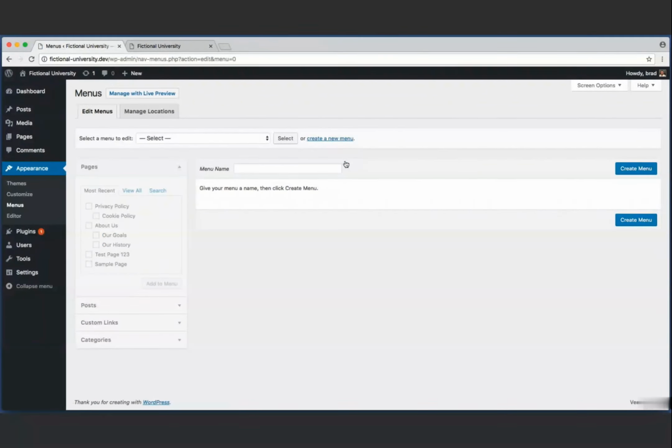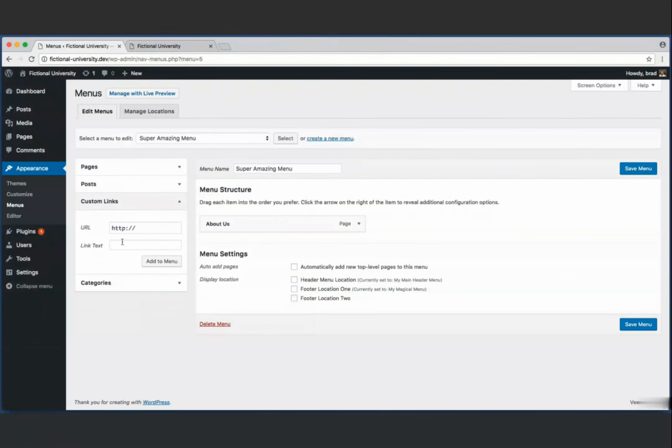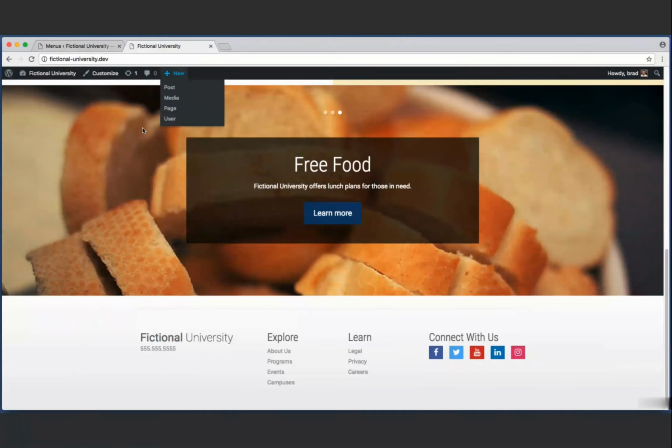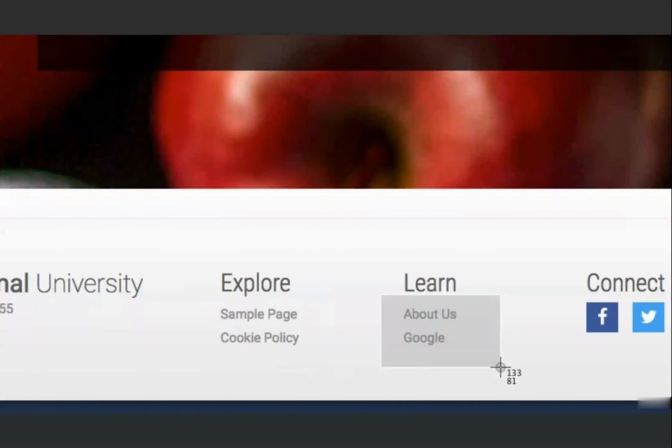So create new menu. Let's call this one Super Amazing Menu. And maybe this one will just have a link to the About Us page. And maybe I'll create a custom link here to google.com with link text of Google, add to menu. The important part, display location, let's assign this to footer location 2, then click Save. And now if we refresh the front end of our website, cool, we see those custom dynamic WordPress menus that